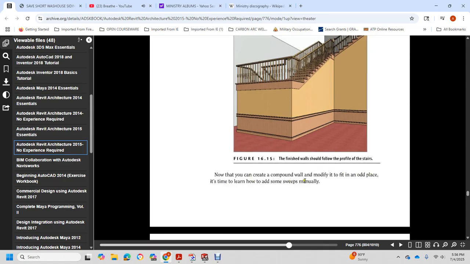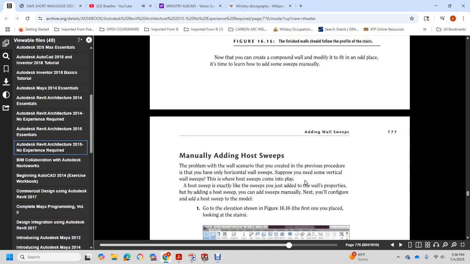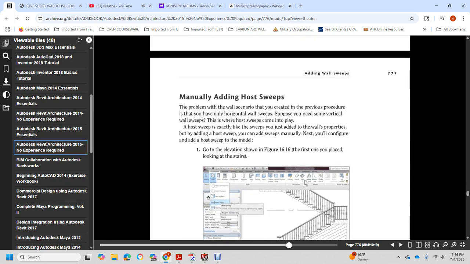Now that you know how to create a compound wall and modify it to fit an odd space, it's time to learn more about adding sweeps manually. Manually adding host sweeps works properly with the wall scenario you created in the previous procedure. It has only one horizontal wall sweep. Suppose you need a vertical wall sweep. That is where the host sweep comes into play. A host sweep is like a sweep you add in the wall properties, but added manually. Next, configure and add a host sweep to the model. Go to the elevation, Figure